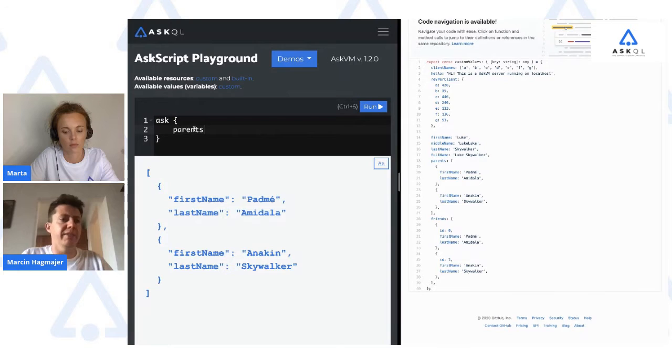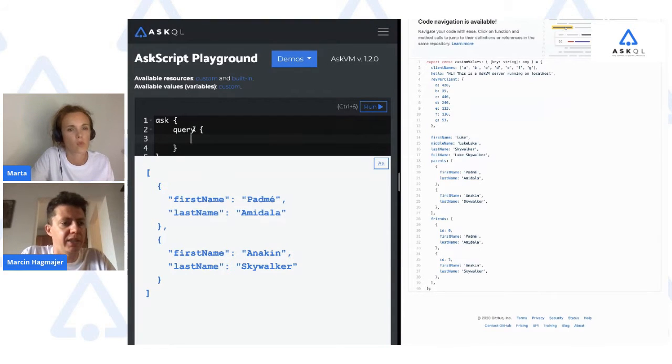So what we have here instead is called a query. Query is another construction in this language. It's very easy. You can just say query, and inside the query, you can be much more specific about what you want.